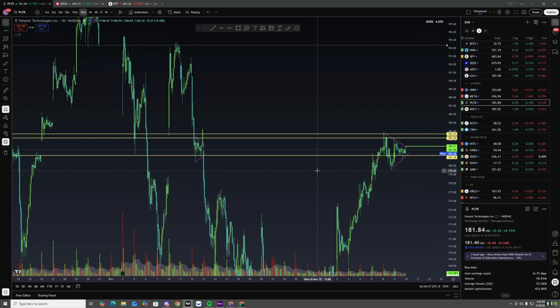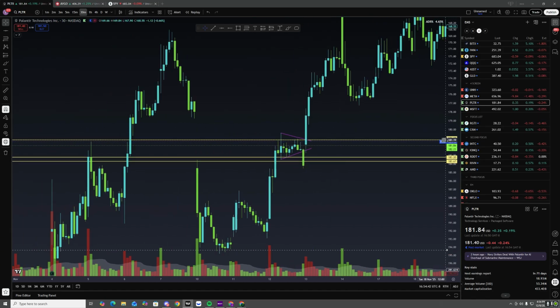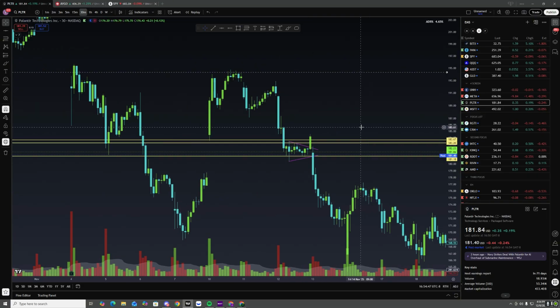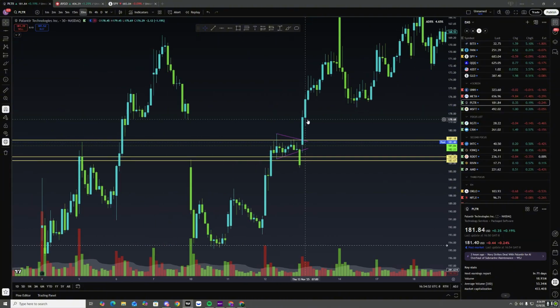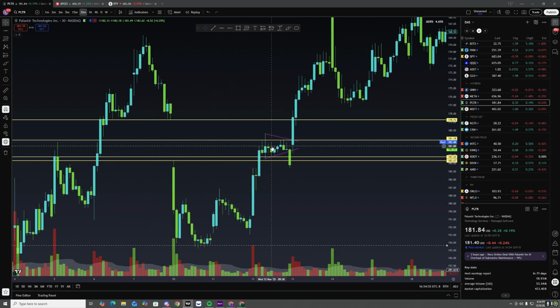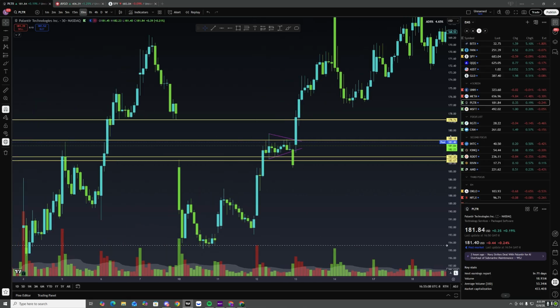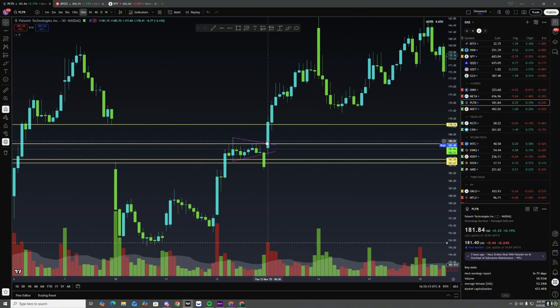Oh, I guess, well, here. So right here on this one, this is to the downside, by the way. I just inverted my chart with Alt-I, so we can just pretend this is to the upside. So we have this wedge: this move up, consolidation sideways, with higher lows and lower highs. Typically you don't want it to kind of invalidate like this, but I'll just use this real quick as an example. So as we break through the wedge,